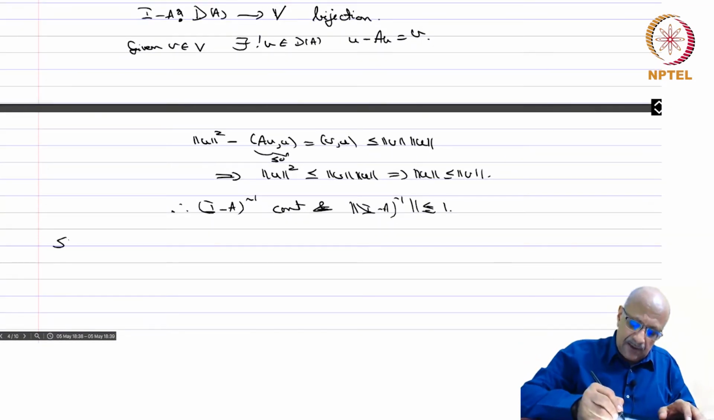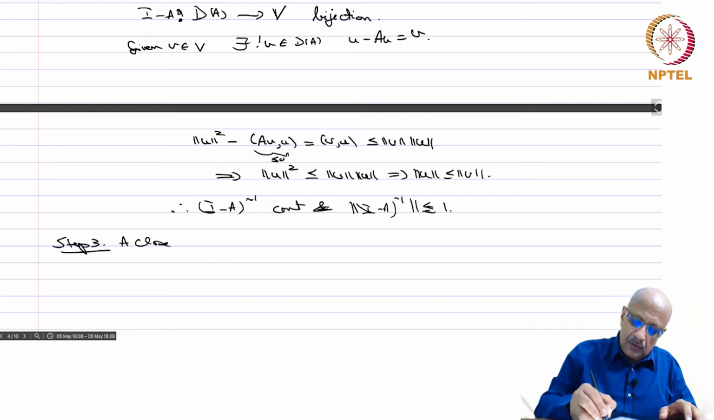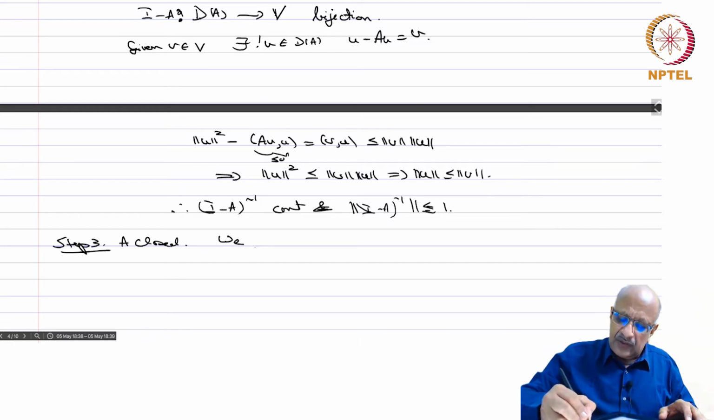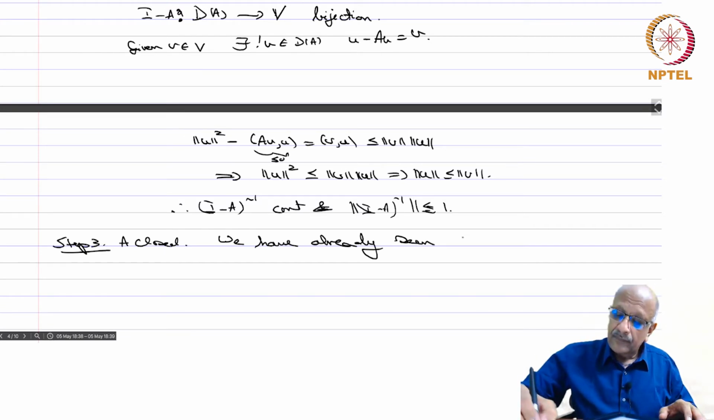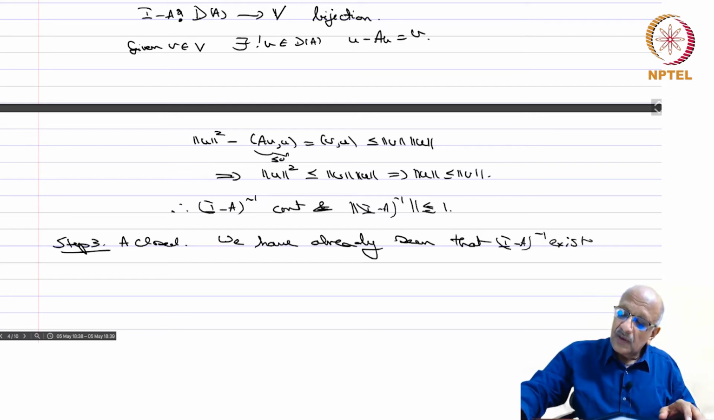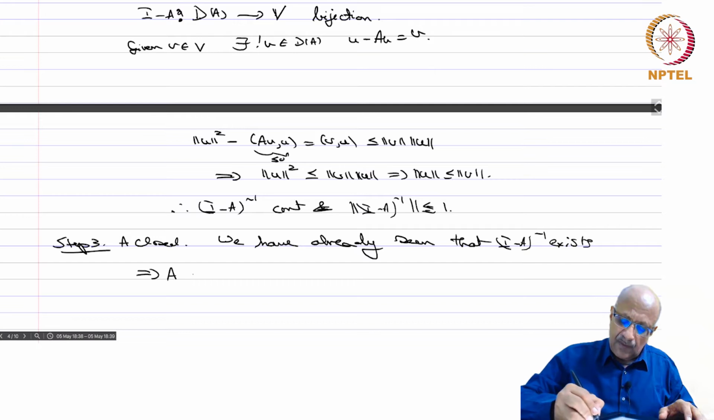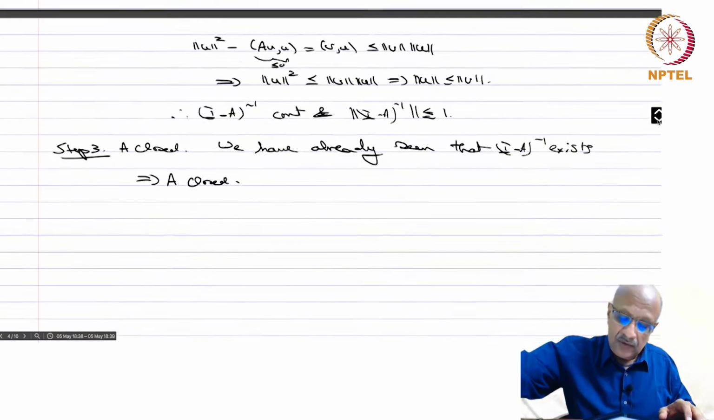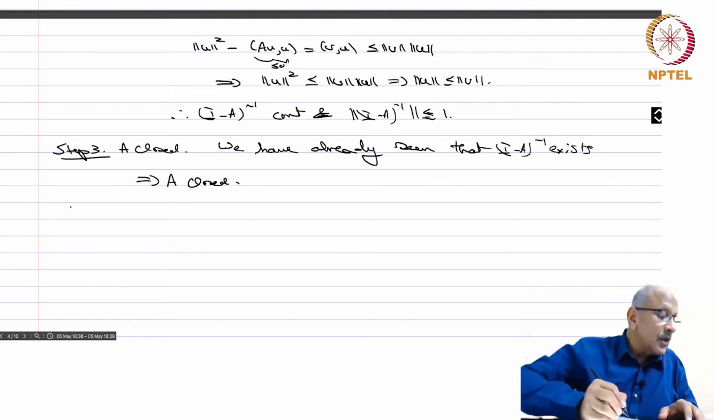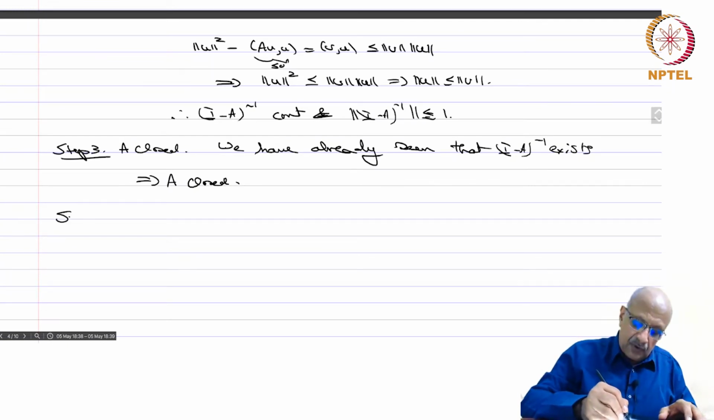Then step 3, A closed. So, we have already seen that (I minus A) inverse exists implies A closed. So, we already have observed this fact, so we need not prove it again. Okay, so step 4,